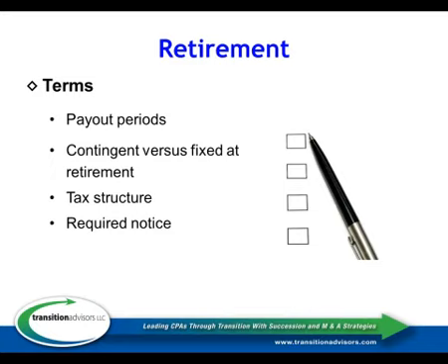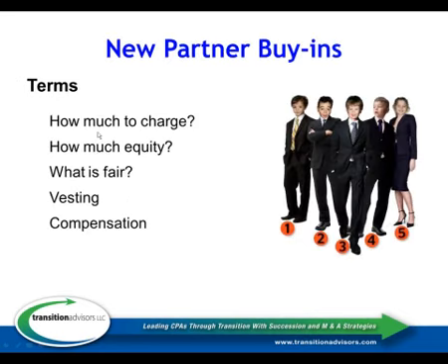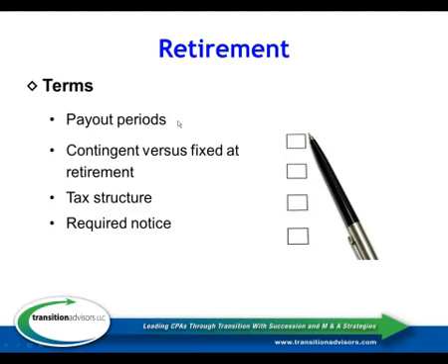In looking at the terms of the agreement, the things we need to take into consideration are payout periods. The period that we usually see will run anywhere from 8 to 12 years. There is a trend to go longer. Part of that is driven by a desire to use a more aggressive tax structure in partnerships. If we use a 15-year payout, then we can use potentially an asset acquisition for the payout, create capital gain treatment for the recipient, and not create any negative cash flow because of tax consequences for the firm.